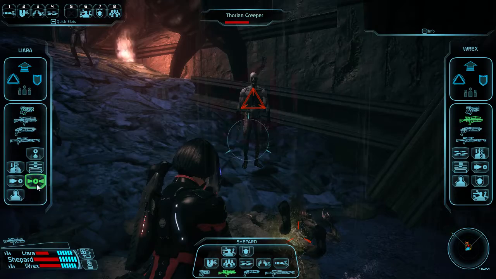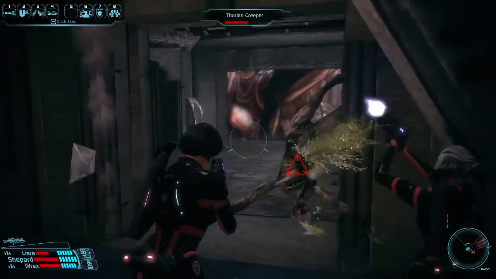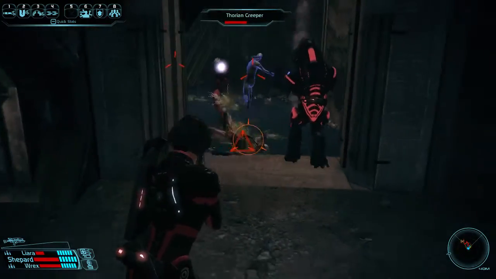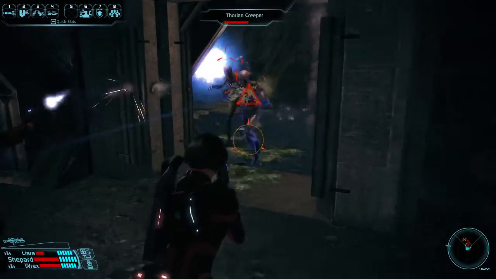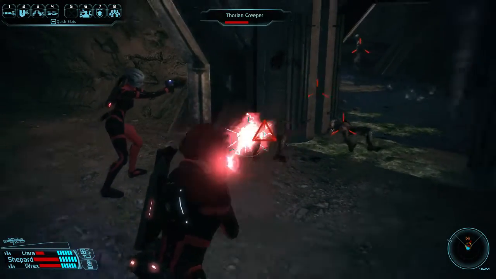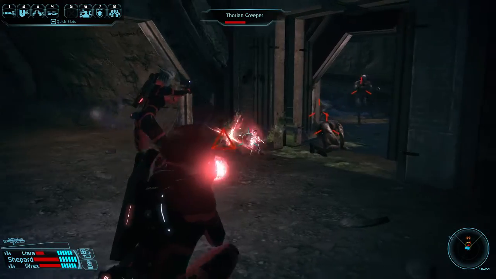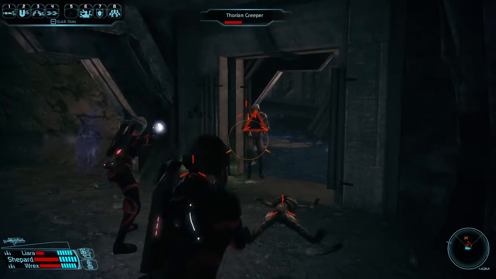Probably the toughest thing about being in this area is that you're being forced into close quarters. You have tight passageways, tight corners, and you've got to be extremely careful about checking your surroundings and making sure you don't get surrounded. Getting surrounded by these Thorian Creepers is one very good way to get you and your squad members killed. So